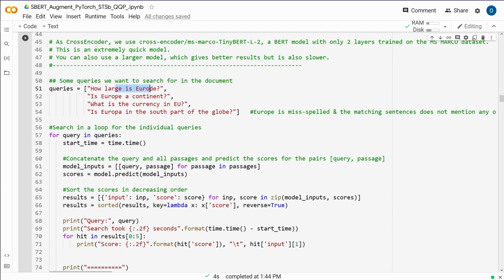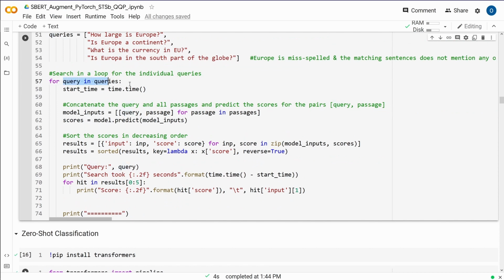How large is Europe? Is Europe a continent? What is the currency in Europe? And is Europe in the south part of the globe? Great. Highly intelligent queries. And now we say, okay, for the queries, we go for all queries, we run through